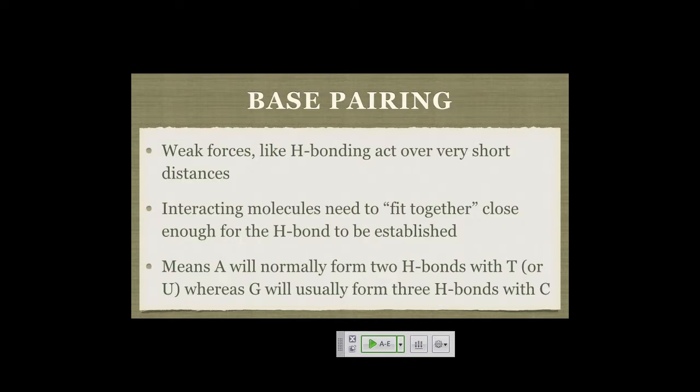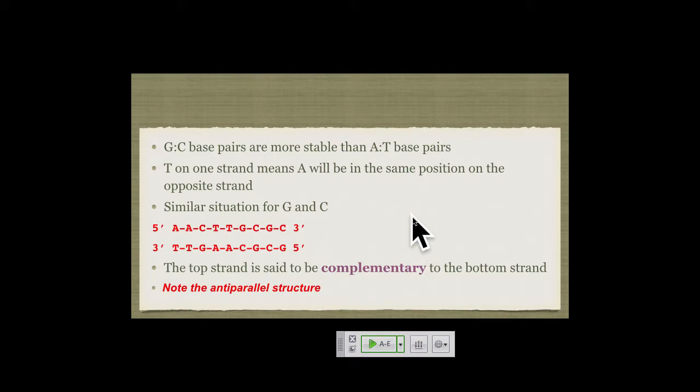Okay, so we already covered that. So the GC base pairing, as we said before, is more stable than the AT, and we have this complementary structure. And this was actually an important point that came out of Watson and Crick's paper: once they recognized this complementary structure, it also suggested a way that the molecule could replicate itself. As long as you had one of the two strands, then you could duplicate that double-stranded molecule. So in that one-page paper in Nature, not only did they describe the structure of DNA, but they even suggested a mechanism for DNA replication.